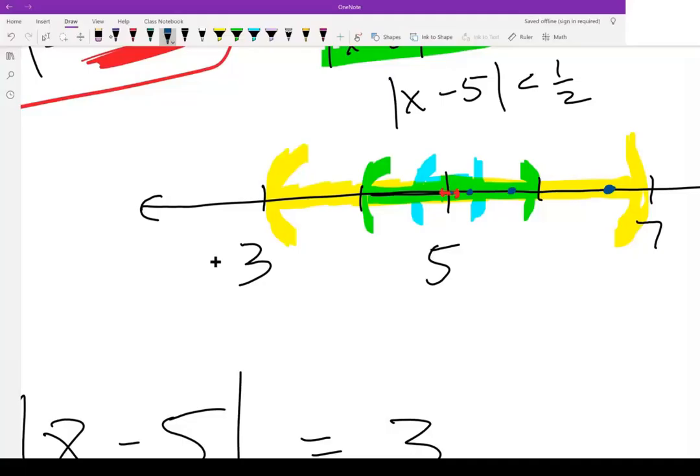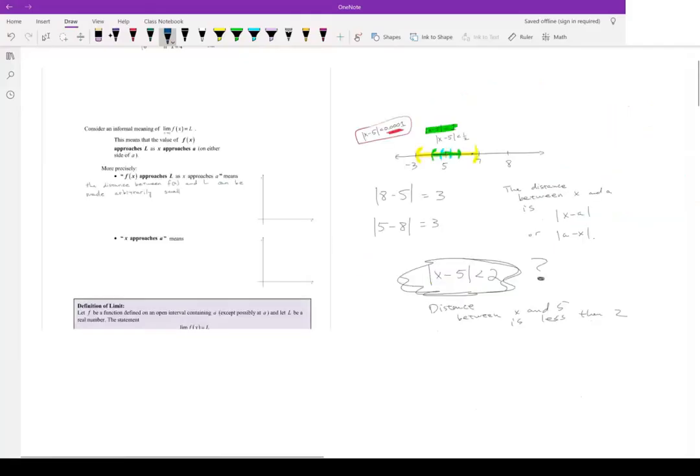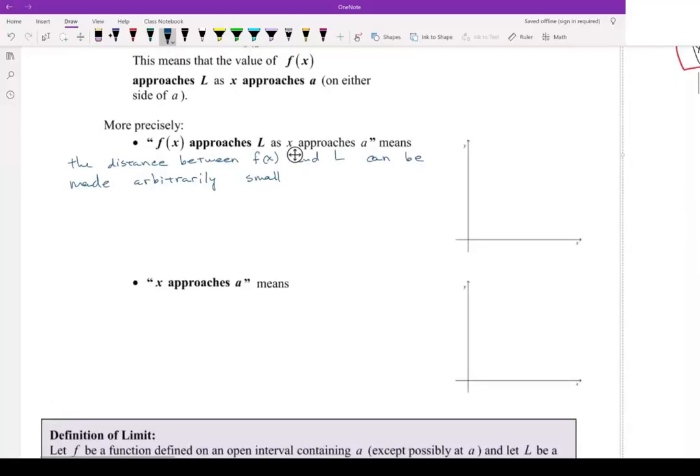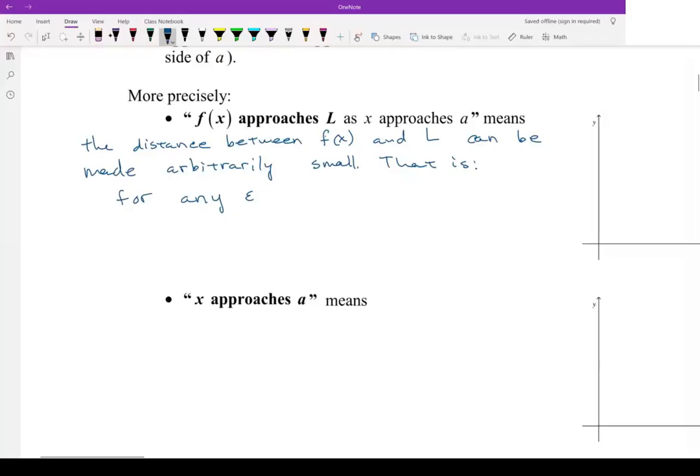Okay, so that's what we mean by making the distance arbitrarily small. So the way we're going to write this mathematically is, that is, for any, I'm going to use a lowercase epsilon, so it's that little e, for any epsilon greater than 0, no matter how small,